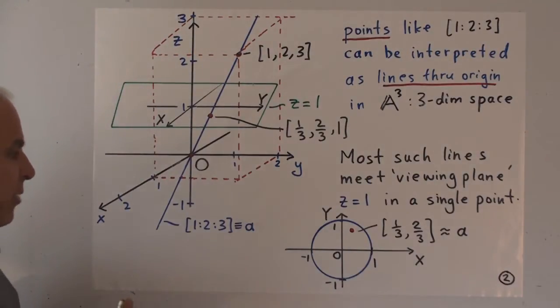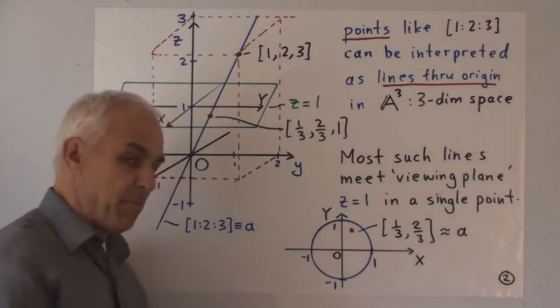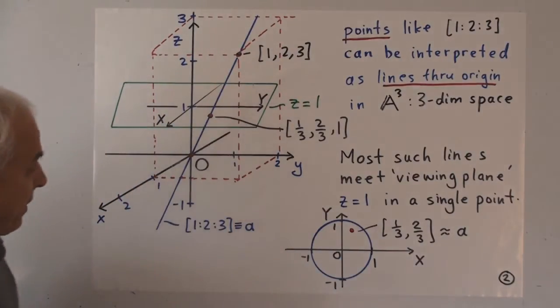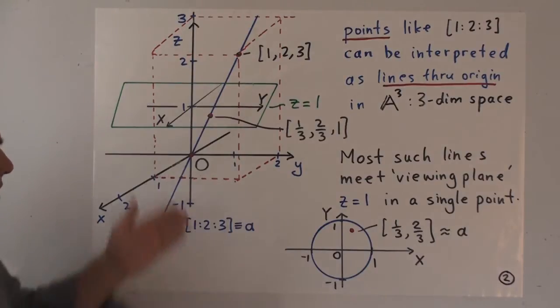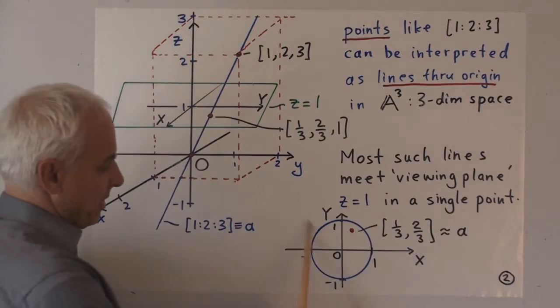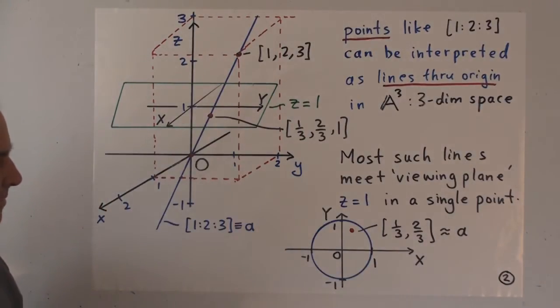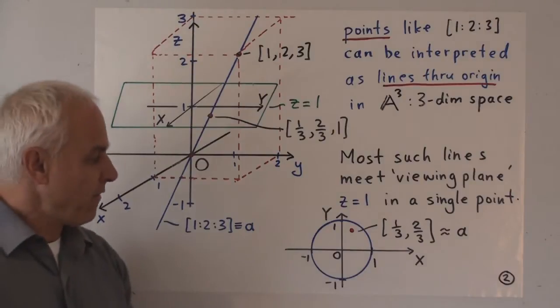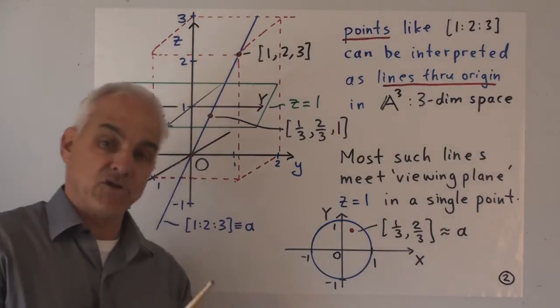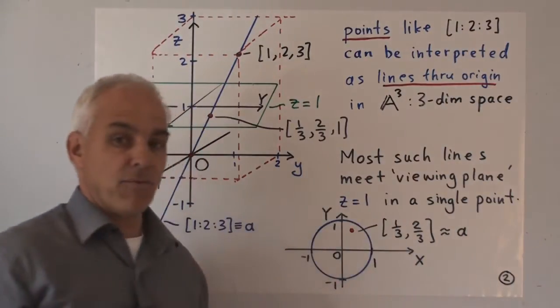So in any case, this is where we get our two-dimensional pictures from. So a point actually does end up being a point in the plane. And then what we're calling a line is actually the picture of a plane through the origin, which turns out to be a line here. All right, so there's a bit of a review of the interpretation, or an interpretation, of a point, a proportion of three numbers.